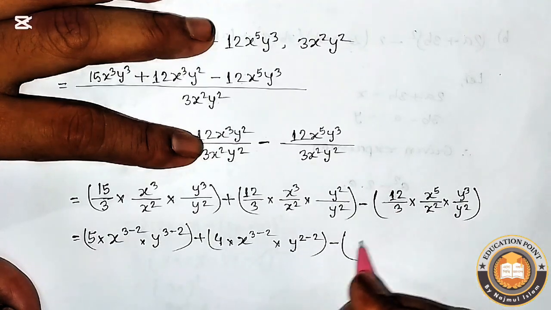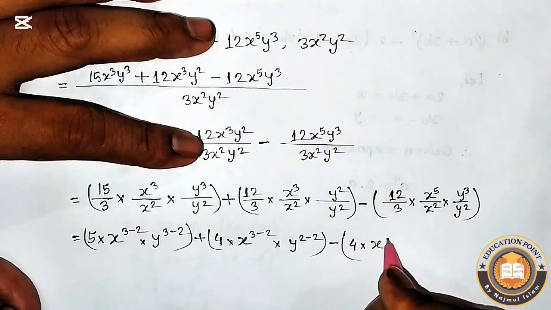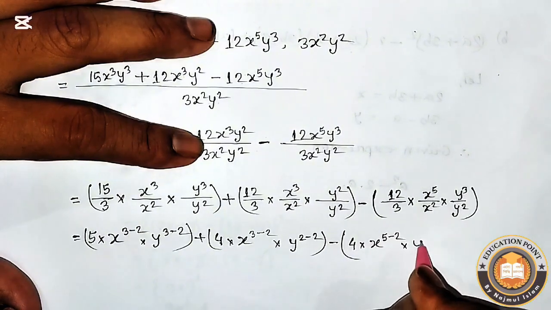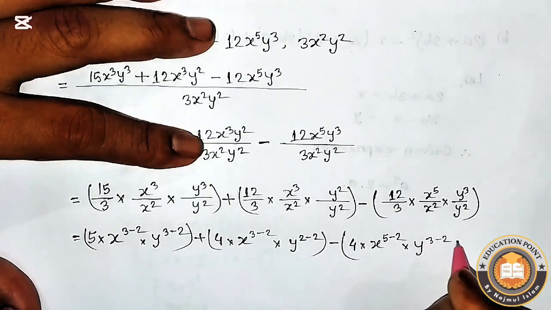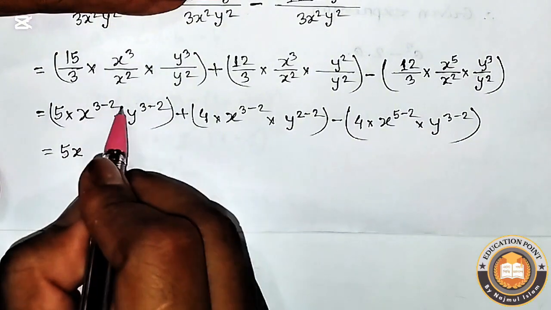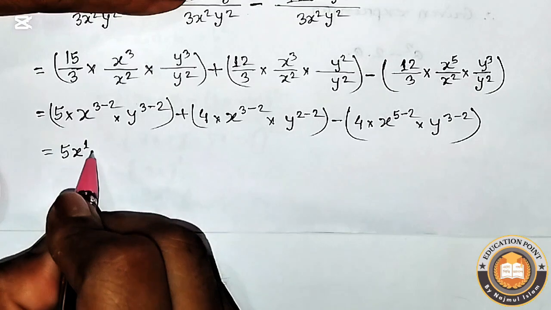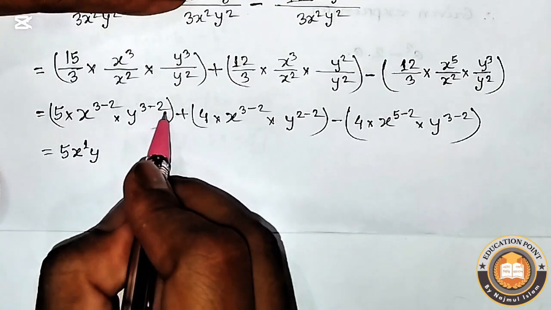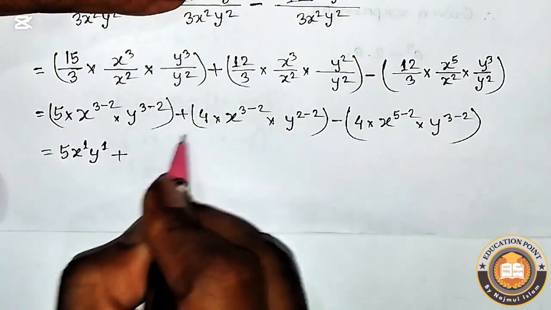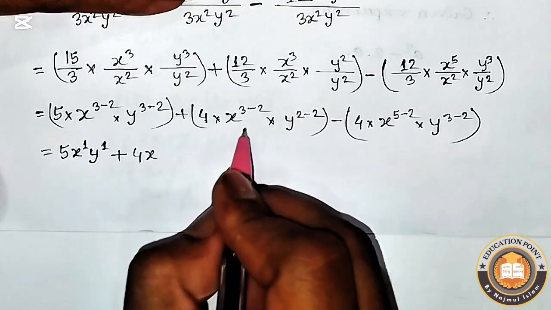Minus 12 divided by 3 equals 4, into similar base x, their power will be subtracted, similar base y, their power will be subtracted. 5 into x, subtracted value of 3 minus 2 equals 1, into y, subtracted value of 3 minus 2 equals 1, plus 4 into x, subtracted value of 3 minus 2